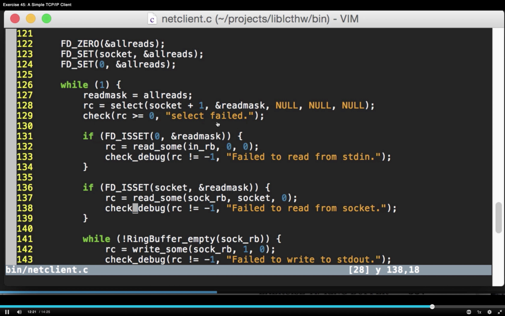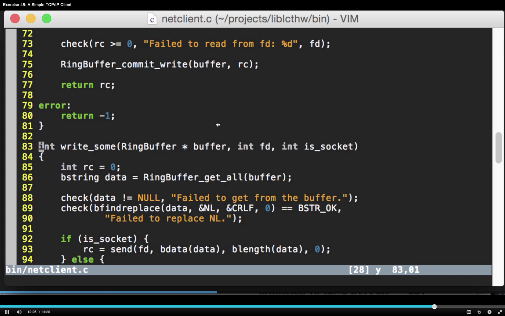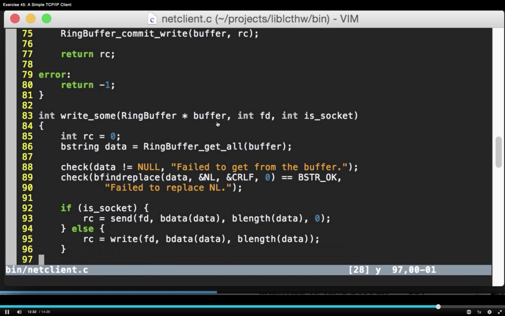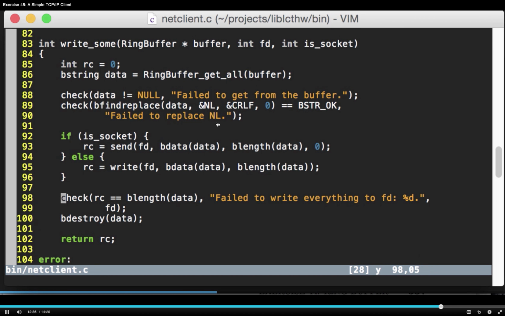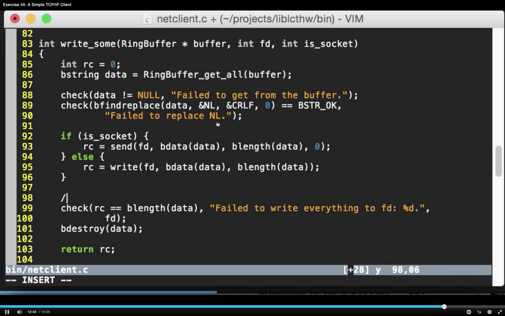Is socket read sum. I'm doing a debug. Write sum. So write sum, I come in, I make sure that I get all the data. So I'm going to try and write it to the socket. I'm going to send it, and I check that it equals the length of the data, and if not, destroy. This is debatable. I could say that it was, if I checked it, okay, so here, let me just do this, bug. I could say instead,